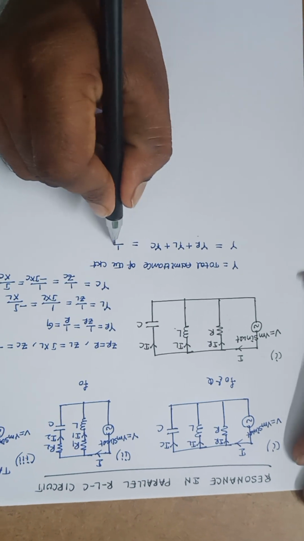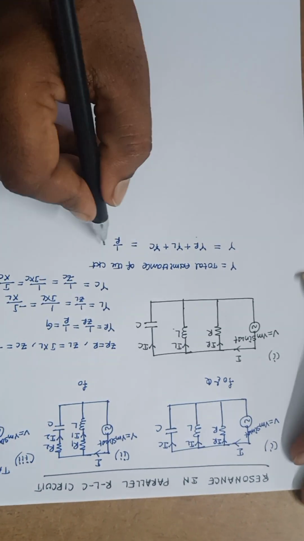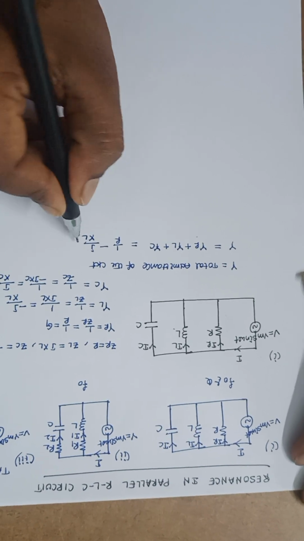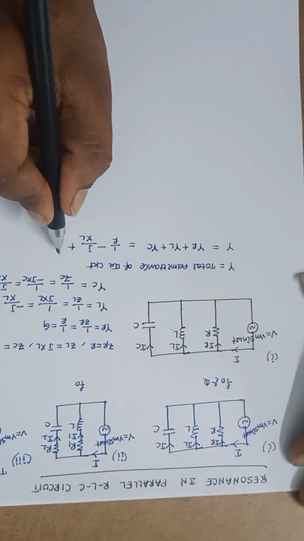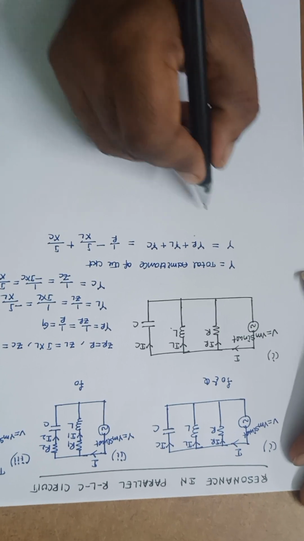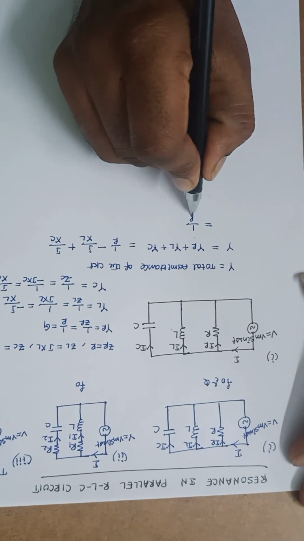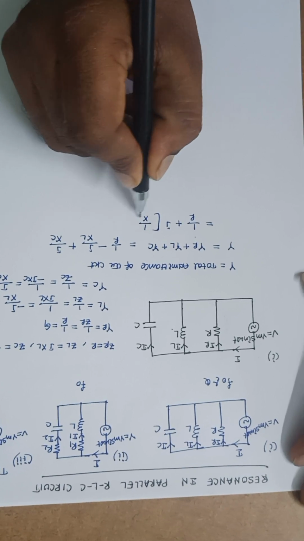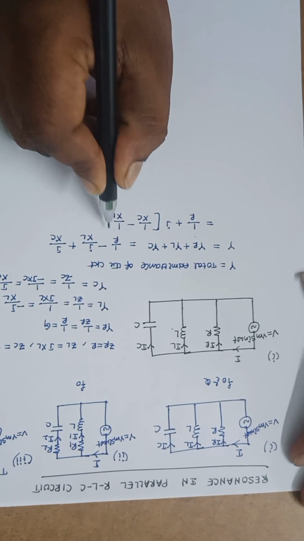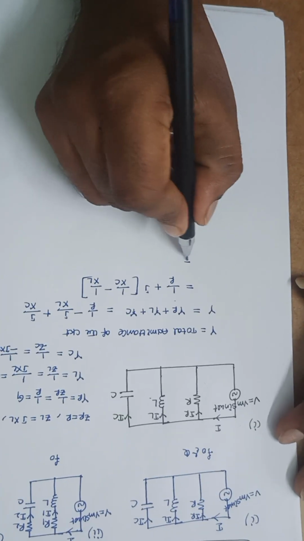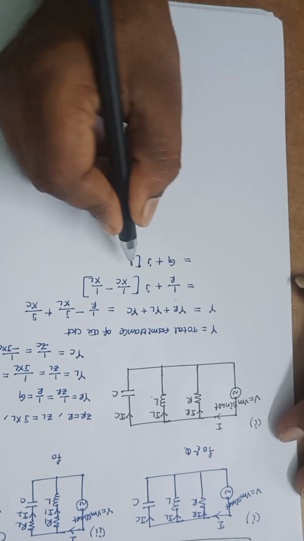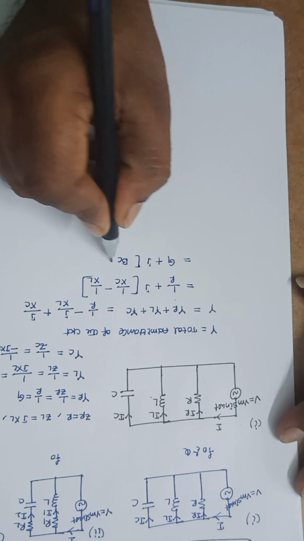It is 1 by R. What is this YL? It is minus J divided by XL. What is this YC? It is plus J divided by XC. If I take plus J as common here, it is 1 by R plus J into 1 by XC minus 1 by XL. Now 1 by R is G, and 1 by XC is nothing but BC,